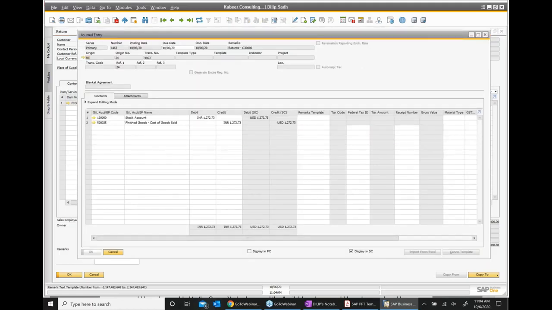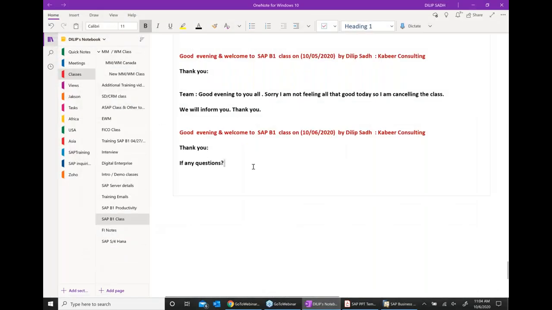Now we are going to finance. In the SAP world, most of the finance entries will happen automatically. Now in the finance, we see that stock account is debited. Debit, because material has come in, so we can put a debit here. And finished good inventory has been credited. That basically means at the time of returns, there are two journal entries. This is what is important with finance. Make a note of it.